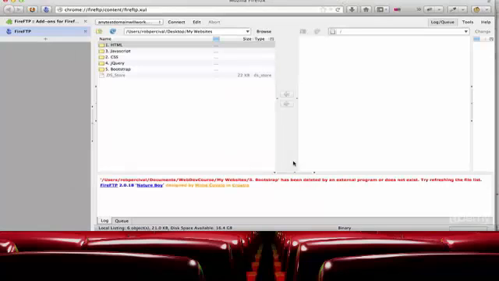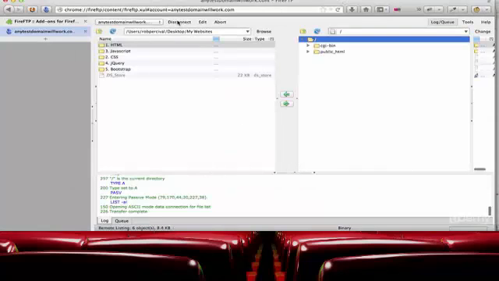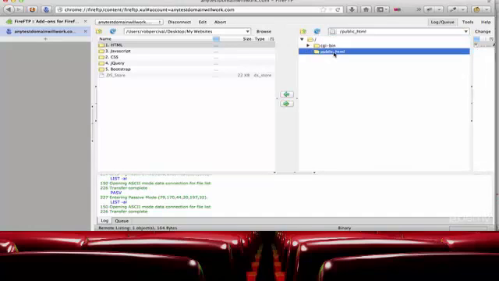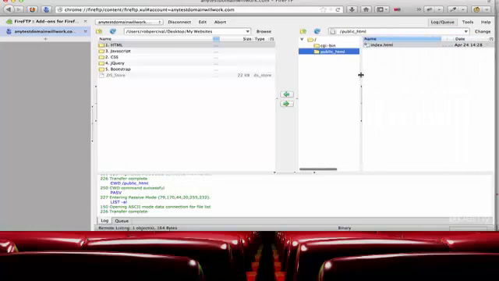So then we click OK and we connect. And there we go, fantastic. We're straight in. As I mentioned on the last video, all of your website files will be in the public HTML folder. So if I double click on that, it'll switch to that folder, and then I can see that index.html file